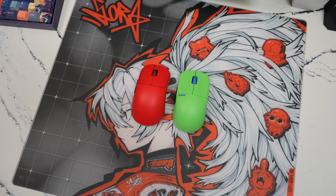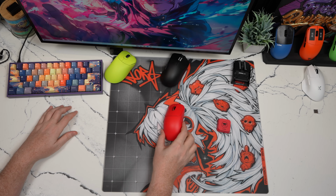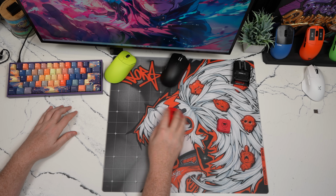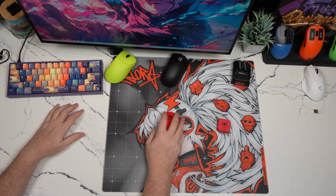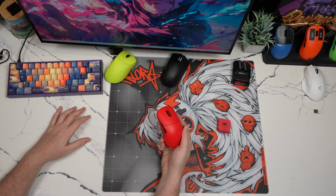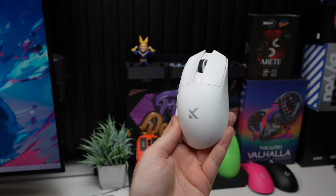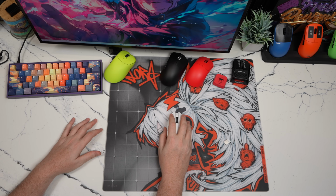a nice thumb rest here, an ergonomic curve on the thumb side, an ergonomic curve on the right side, just one inhibited again by that high pillar here on the side of the mouse, and overall just an aggressive, small feeling mouse that I think a lot of people would really enjoy. I think they've done a nice job, and again, something that feels new to me shape-wise on the small mouse market. Now, getting into the Mchose G7 Pro, this just isn't a mouse that I would technically probably ever find